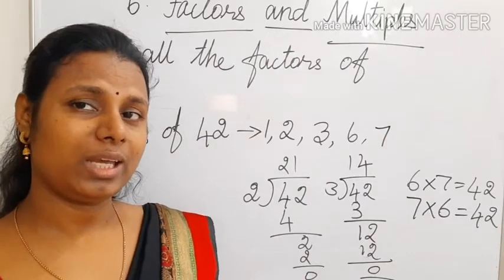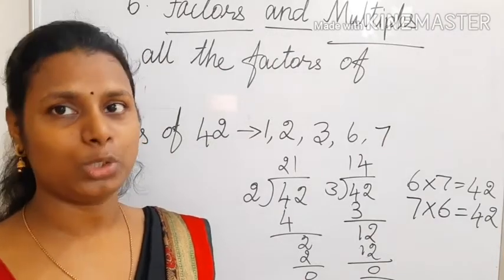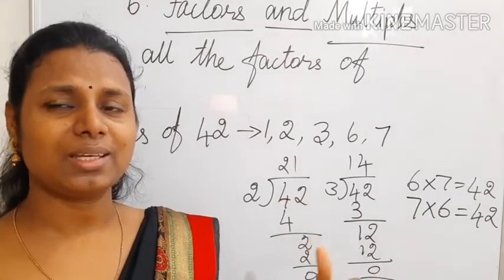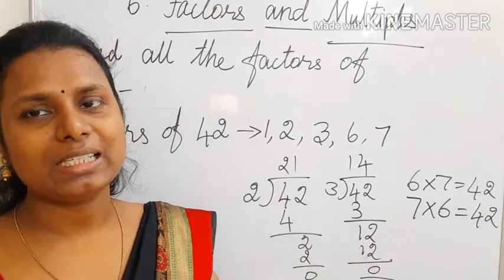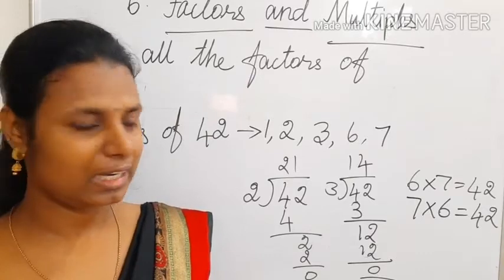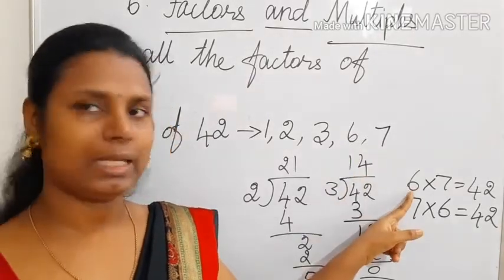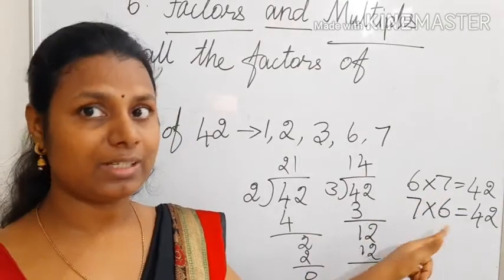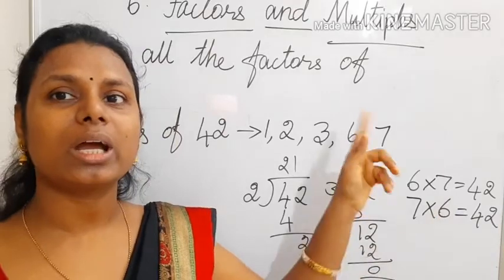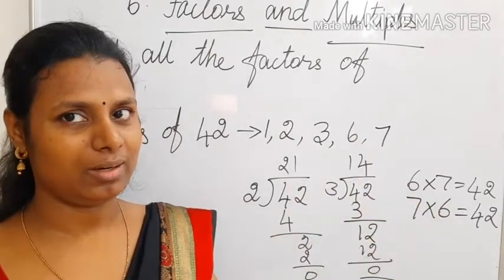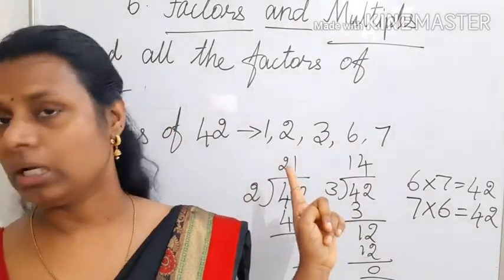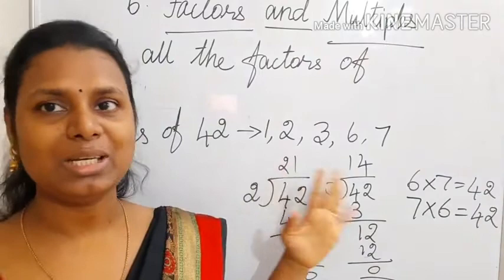Okay. Like this we can keep on saying the table till 42. But it is quite a big number. If you keep on saying the table till 42 and finding out, it is quite difficult, isn't it? So I am telling you one shortcut. Listen to that carefully. When you have a number like this, 6 sevens are, 7 sixes are, then no need to continue saying the table. Just take the quotients of these tables, then you continue.